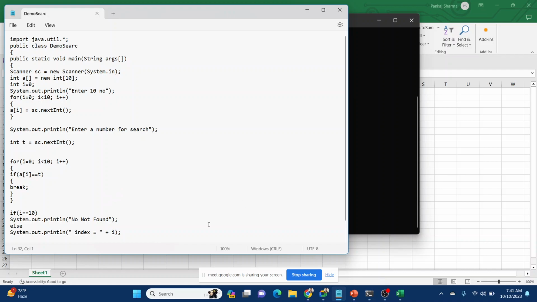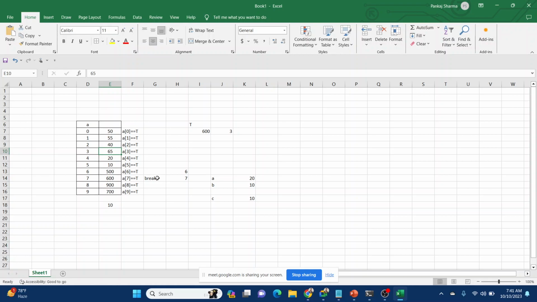Now how do we make sure, why did we need this if else statement? Because if it breaks at this position or some other position where we are able to find the index, it means our index value will always be lesser than 10, right?